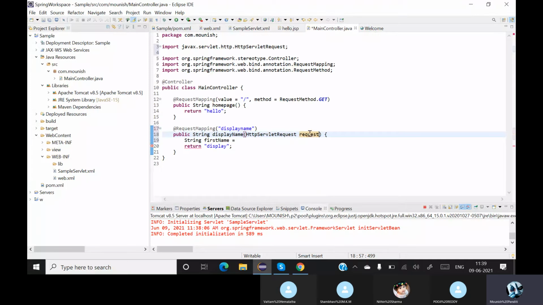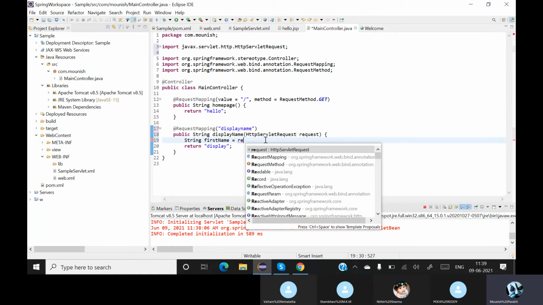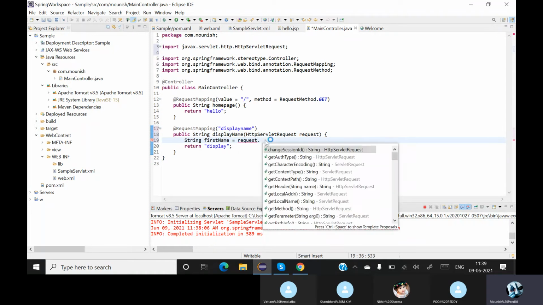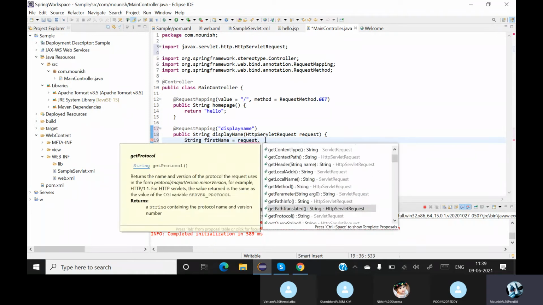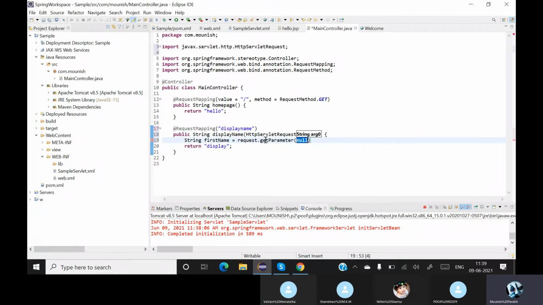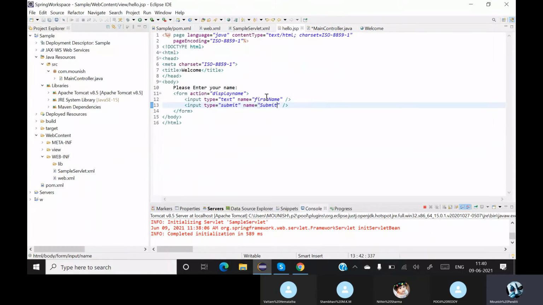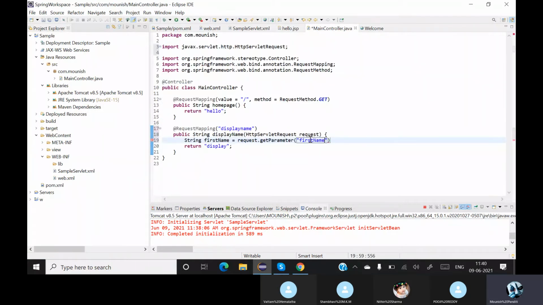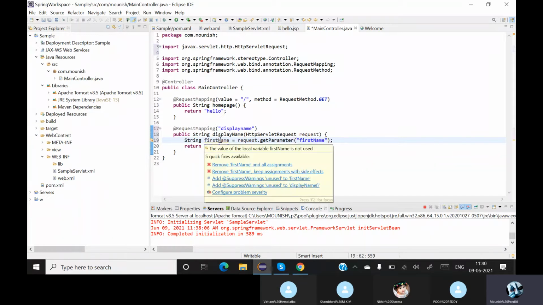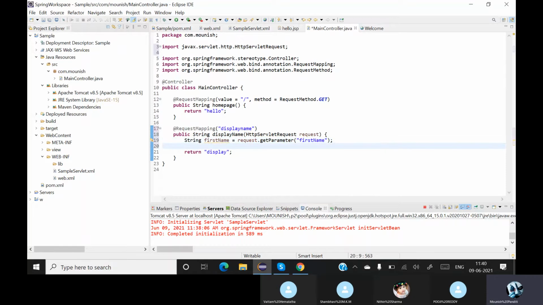So HttpServletRequest, and I have a request object. From this request object, I'll be getting some data, so that will be my getParameter. And remember, you need to give the same name value you gave over here. Copy this, paste it. Done. Now you have a firstName parameter.